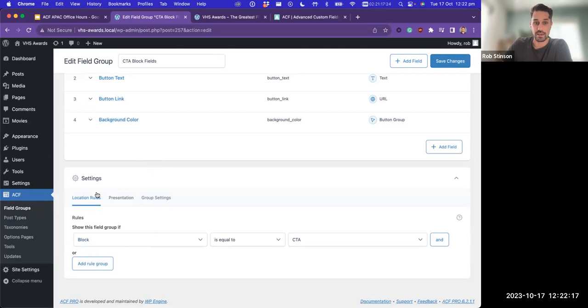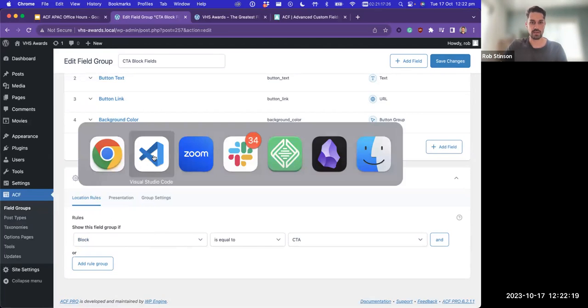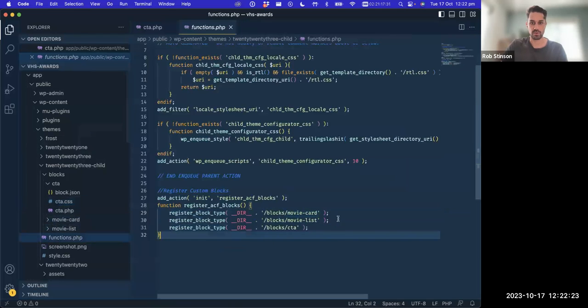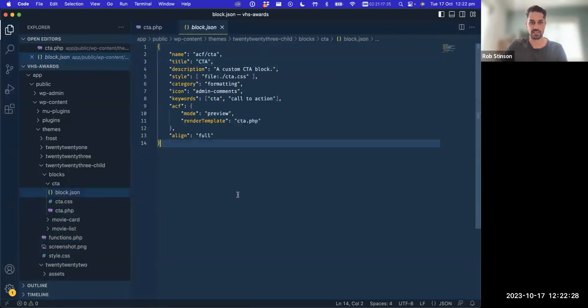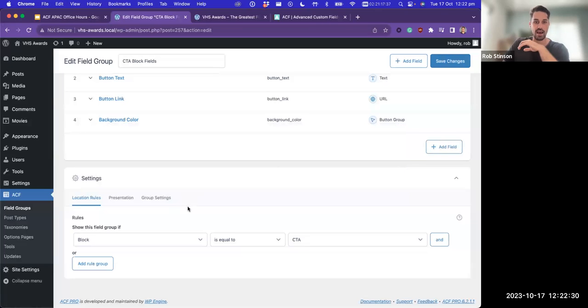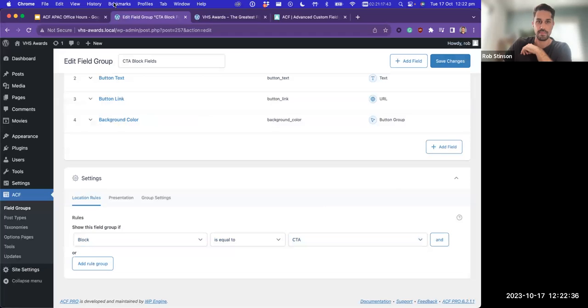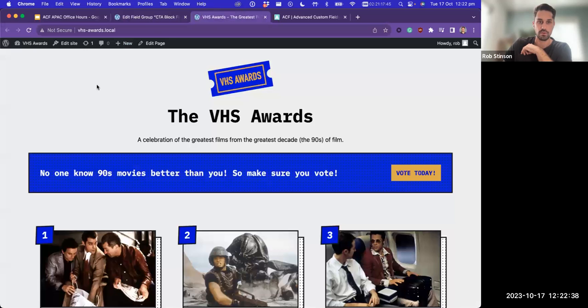And the important thing here is, I'll just quickly jump back here. I don't want to switch back too fast because I know it gives a bit of whiplash. But because we have registered, we haven't registered here. We also have our block.json file. We have block is equal to, you can see the other two as well, but we have CTA. So that means with all of that stitched together, if we go edit page,